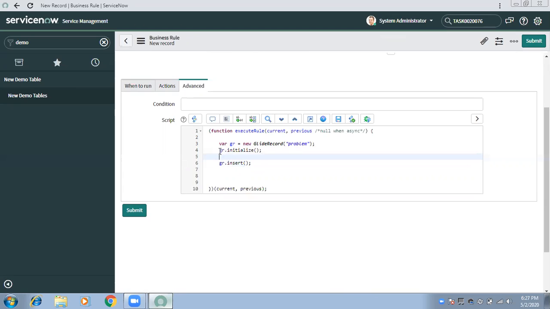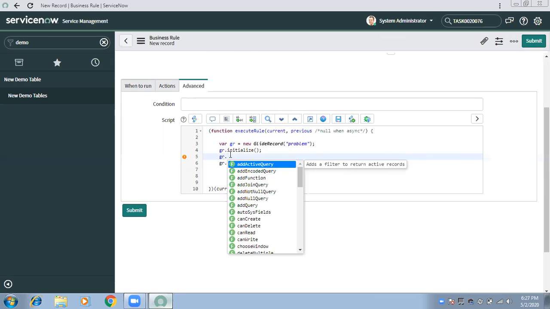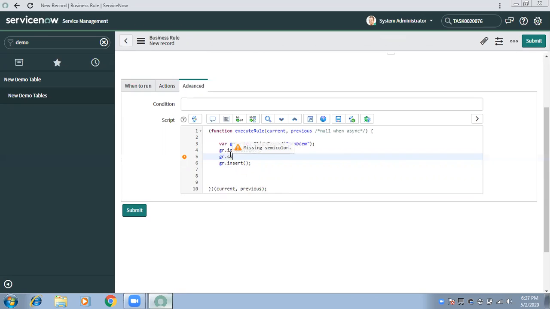Now in between line 4 and line 6, you can pass the values which you need to set on your target record. So now I wanted to set gr.short_description of the problem. We also need to write the condition when it needs to be created, right?